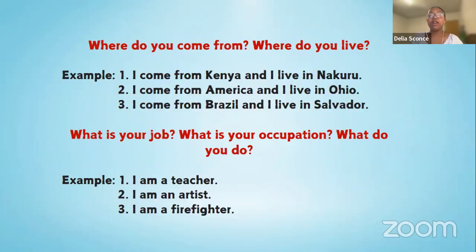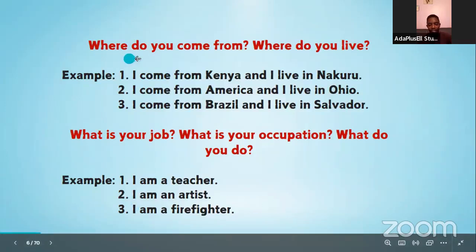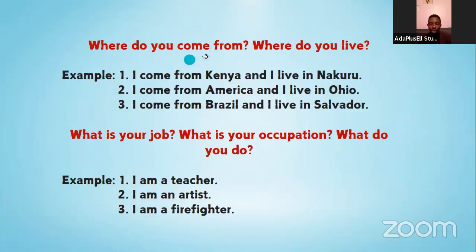So basically here, it's two people who are trying to have a conversation. And when they're having a simple conversation, the essence of the conversation is they're trying to know where the other person comes from and where they live. So that's why we see here the first person talks about where do you come from and where do you live. So then they are putting it in practice.